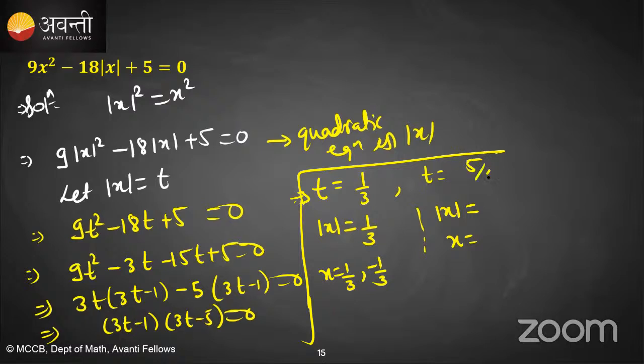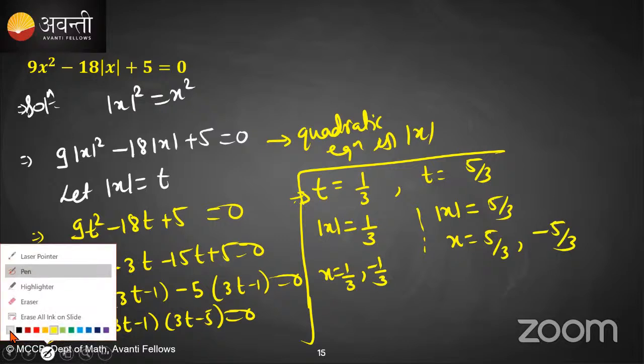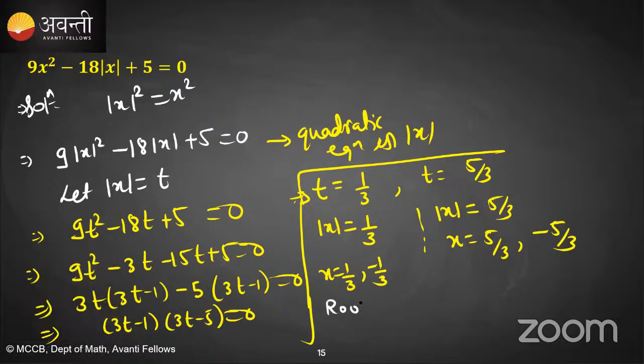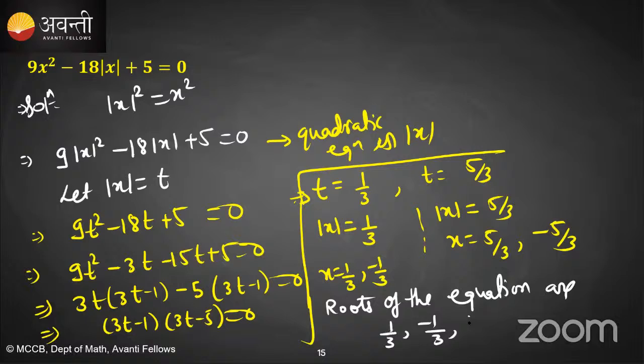So t is 5/3, so mod x is 5/3, so x 5/3 हो सकता है या फिर -5/3 हो सकता है, राइट? सो रूट्स ऑफ द इक्वेशन क्या आ गए, रूट्स ऑफ द इक्वेशन आर 1/3, -1/3, 5/3,